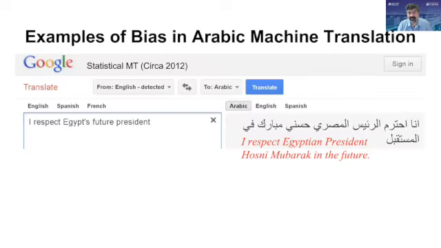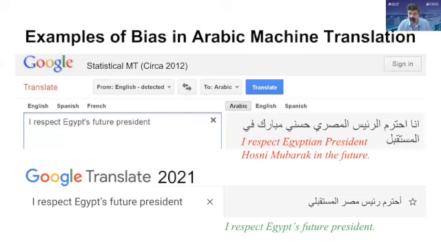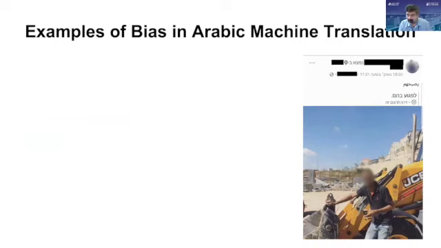This was also a funny, famous example from a while back where Google Translate was accused of supporting Hosni Mubarak's regime, where if you translate from English to Arabic, "I respect Egypt's future president," it says, أحترم الرئيس المصري حسني مبارك في المستقبل. I don't know, this sentence is a bit ironic in some way with the في المستقبل part, adding to the description of it. But here again, similar to the Palestinian suicide bomber, Egyptian president, Hosni Mubarak, right? These kinds of repetitions are consistent in that way, and that would be a bias also. This has improved. I'll finish, I think, two more actually.